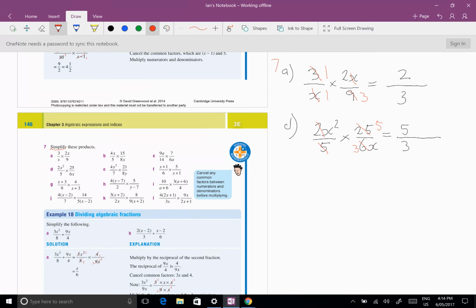Let's look at the pronumerals. Now remember, x squared is x times x, so I can cancel that x with one of those, which just leaves me with an x on top. So my answer is 5x on 3. Okay, so now we go to G. Now they're getting a little bit harder. If I have a look at G,